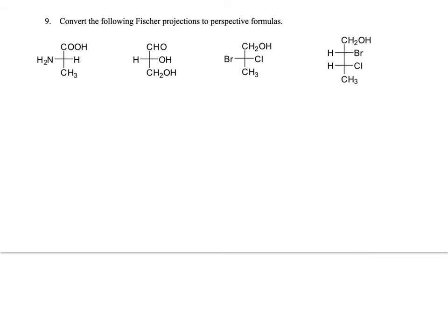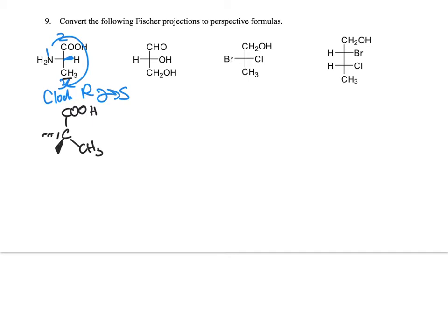Convert the following Fischer projections to the perspective formulas. All right, so once again, the easiest way to do this for me is just to assign R and S. So 1, 2, 3, 1, 2, 3. That's clockwise, so that's R, and then the hydrogen is on the horizontal, so we'd have to make that an S. So then when we draw our carbon here with CH3 and COOH, we've got to put something here